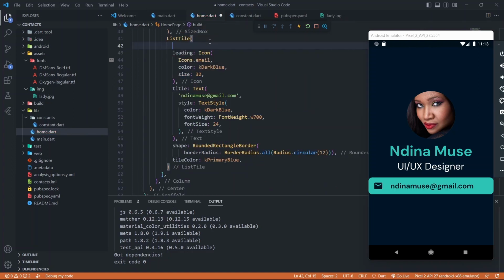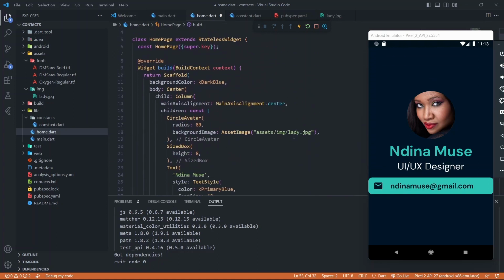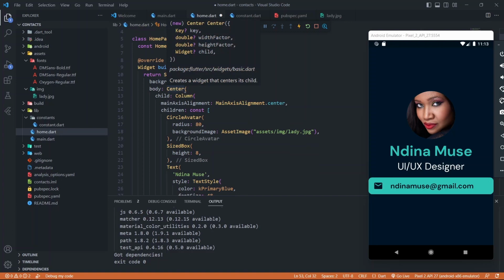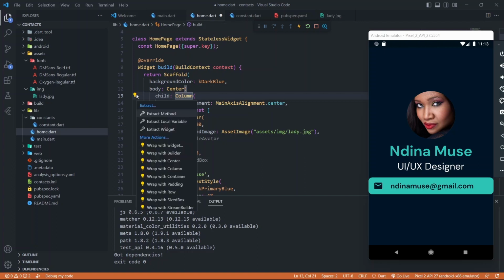So it's pretty much good. We have the first list style out of the way. That is looking good. If you have this so far with you, well done. Congratulations. But then you'll see that there's no spacing around here. That's not very enticing. We want to have padding on the horizontal side. So in order to do that, we can just scroll right all the way back to our column widget